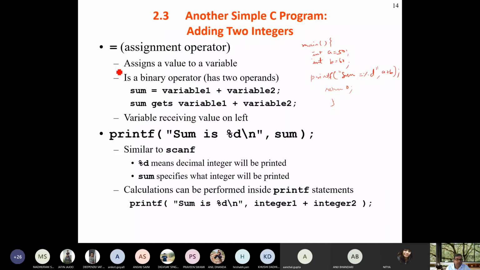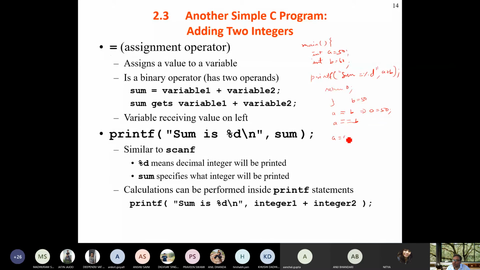Now, assignment. See, this is assignment and this is a relation. A equals B, and A equals equals B. The first says that if B is 50, then A is equal to 50. It is assignment. But what is the meaning of this other one?